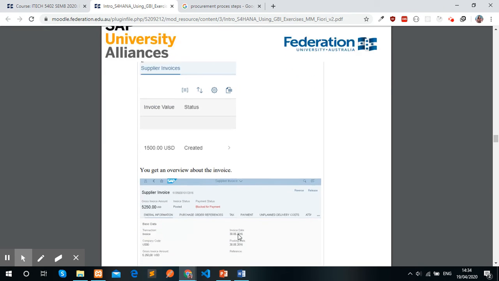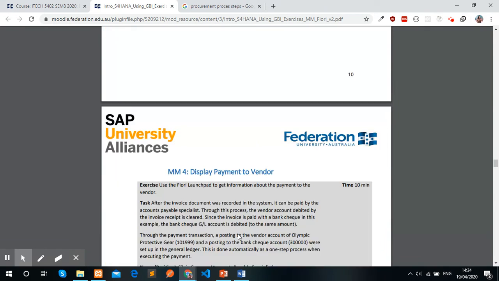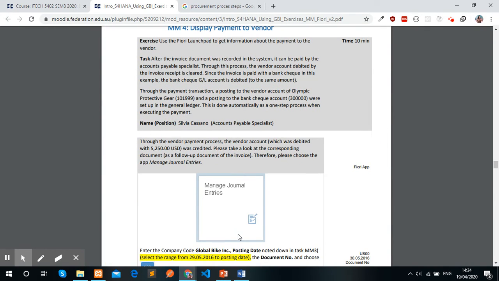And the fourth task was to display the payment to vendors. After the invoice has been created, the payments are made to the vendors. So the central account is stored in the system.